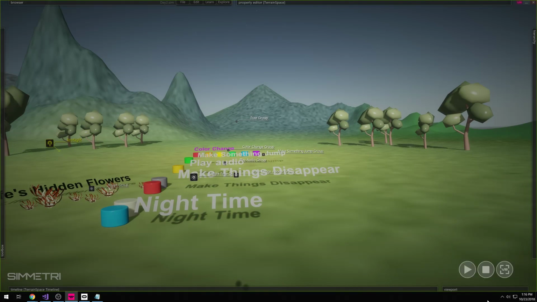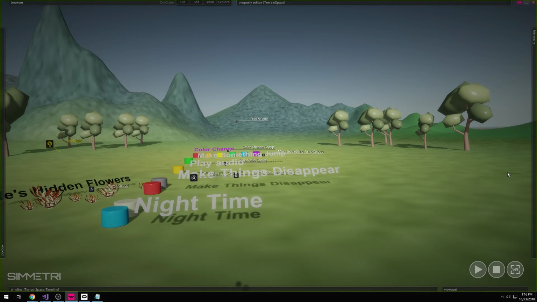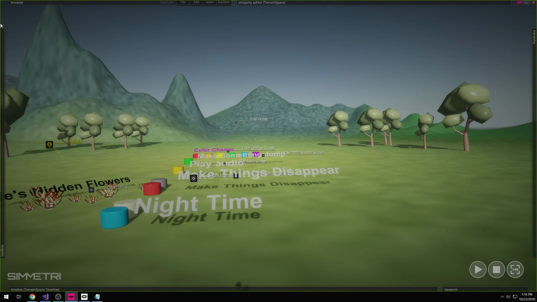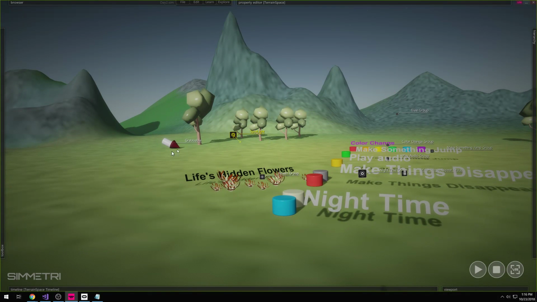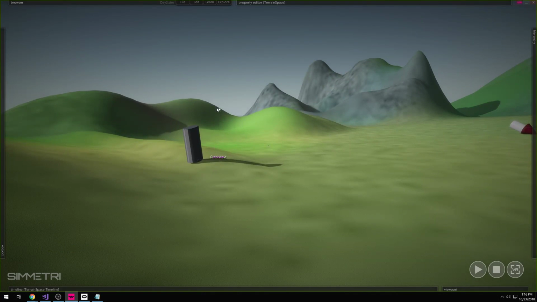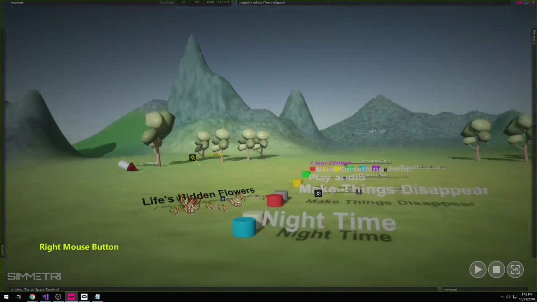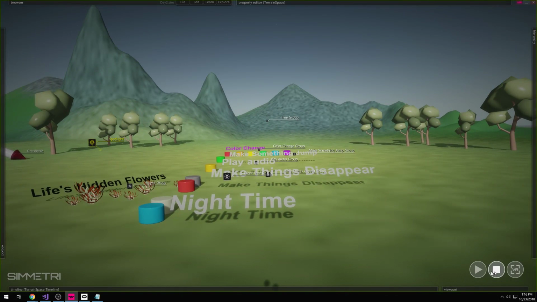Pause time. We call this pause time. You probably can see this. There's a little green border around the Simmetri UI, and that means that the changes we've made in the world still exist. Like this guy and the speaker, they still live where they live,